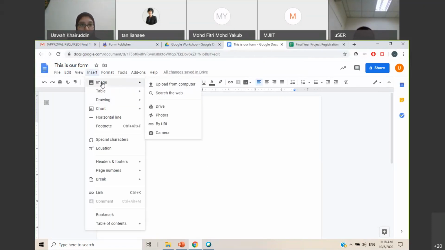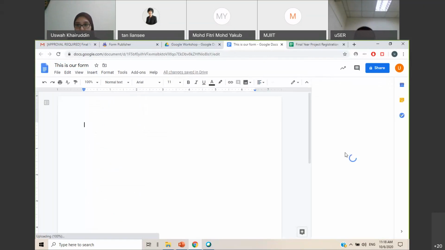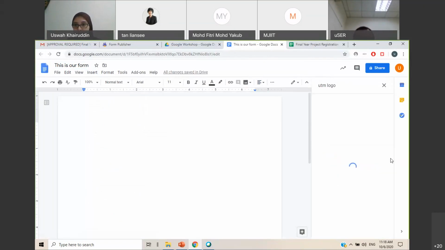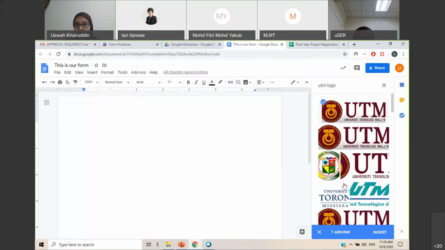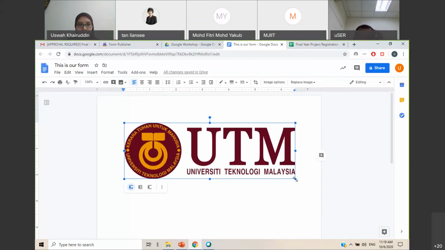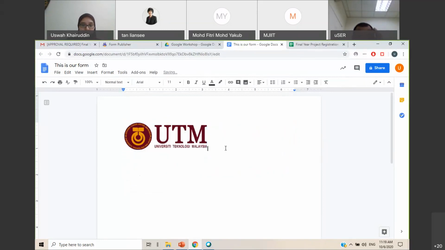So image from web, UTM logo, right? So there is our UTM logo, and we can have